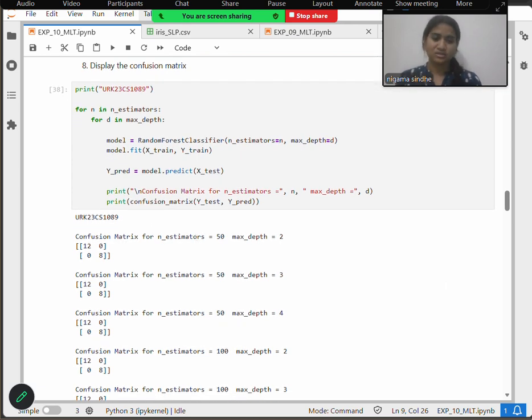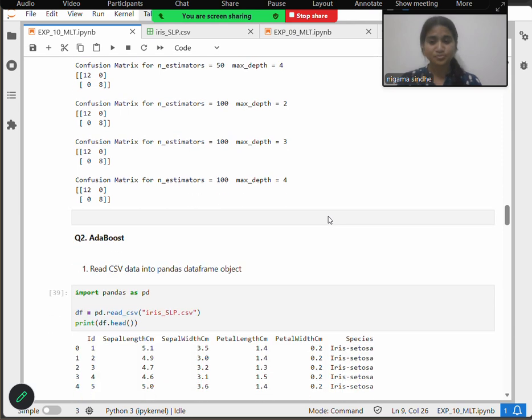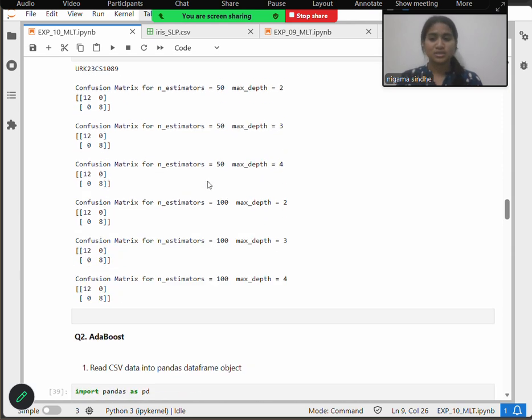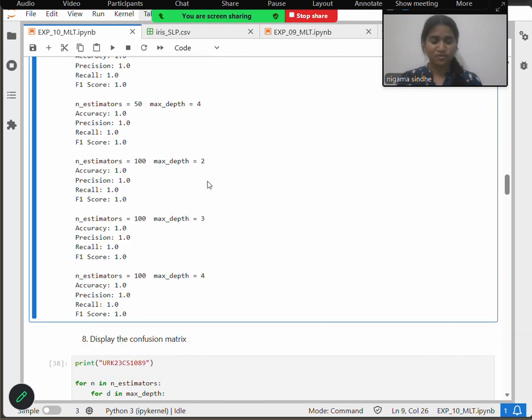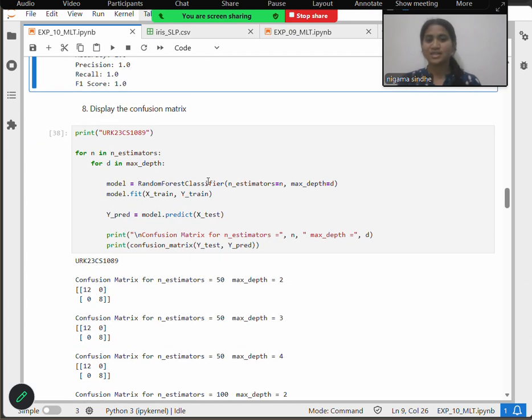The confusion matrix shows us the correct and incorrect predictions from the deployed model, and it helps us analyze the model performance deeply. Now this would tell the overall performance of the random forest classifier.